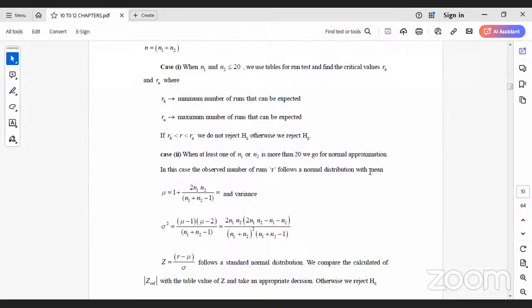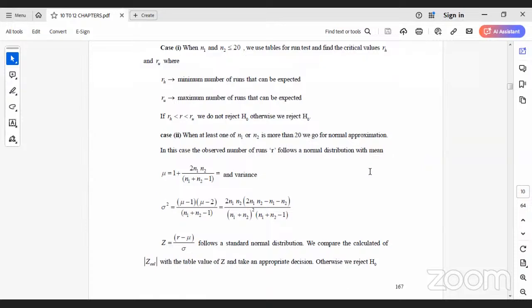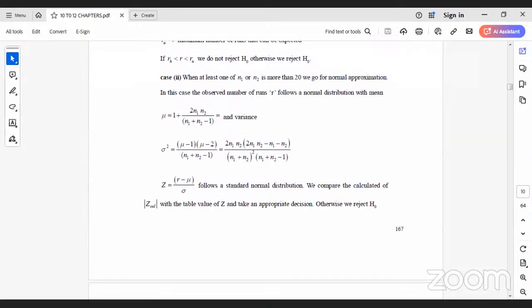When at least one of n1 or n2 is more than 20, we go for the normal approximation. In this case, the observed number of runs R follows a normal distribution, with mean equal to 1 plus 2n1n2 by n1 plus n2, and this is the variance we have to take here minus 1. So Z is equal to R minus